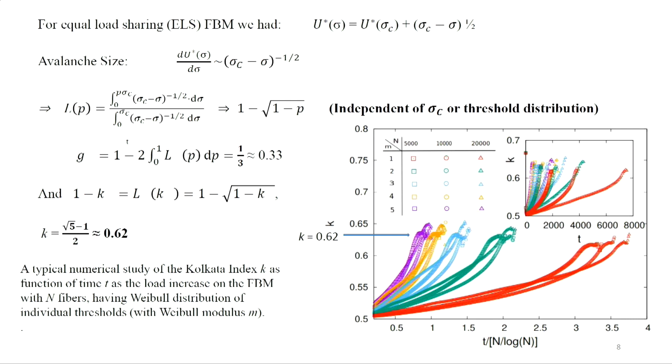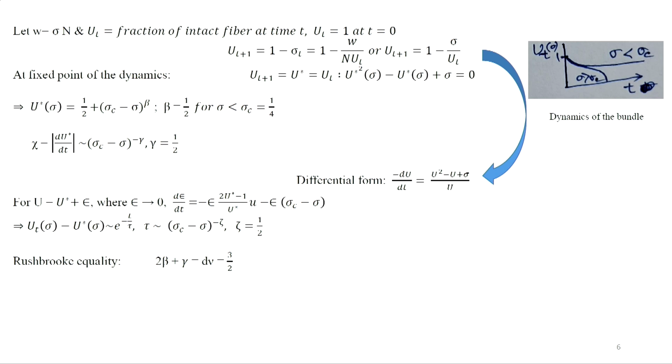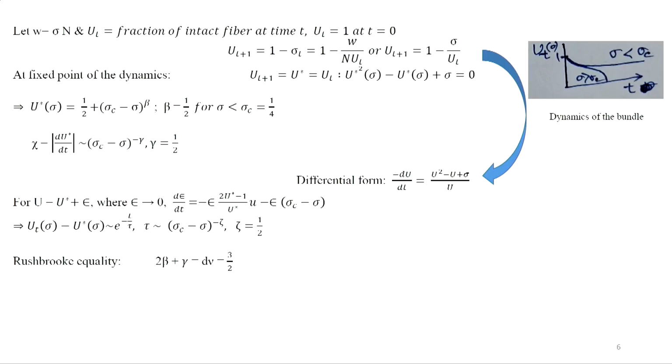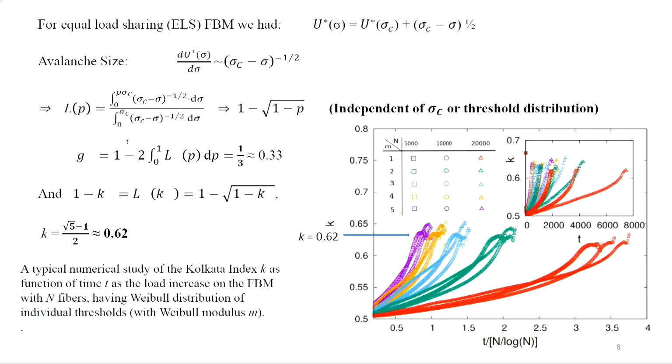Now, this is an ELS model, fiber bundle model, but with various kinds of distribution. The calculation I showed originally was for a uniform fiber strength distribution. Very simple, and then you can do the exact calculation very easily. But here, you can take many other distributions, assuming that this platform is very rigid and the roof is also very rigid, but the distribution may have various forms. Now, if you do that with very popular exponents of Young's modulus and various system sizes,